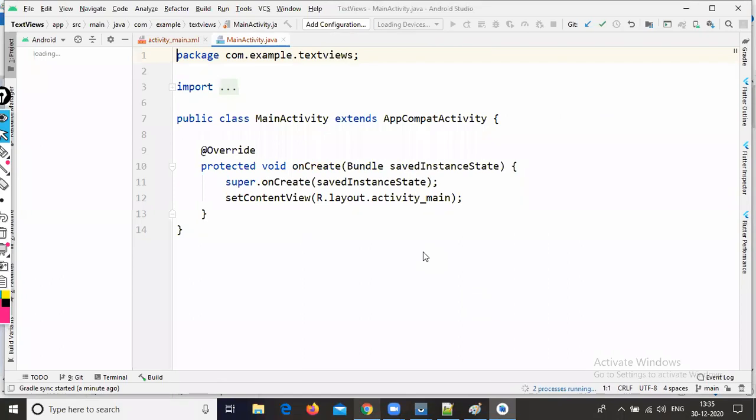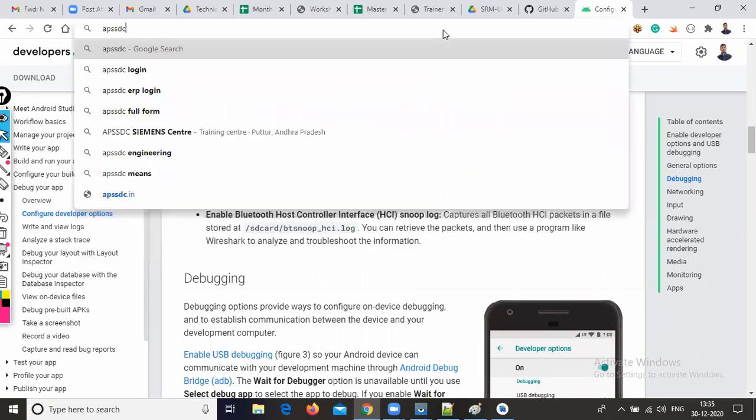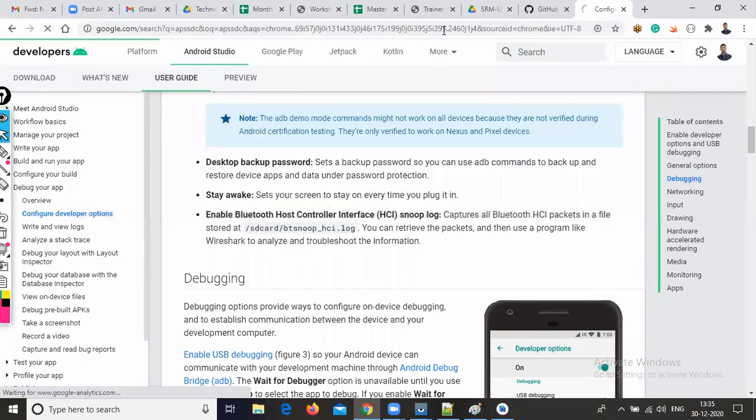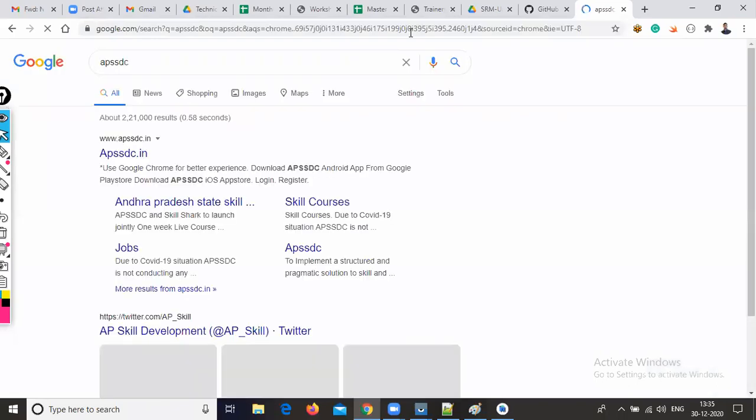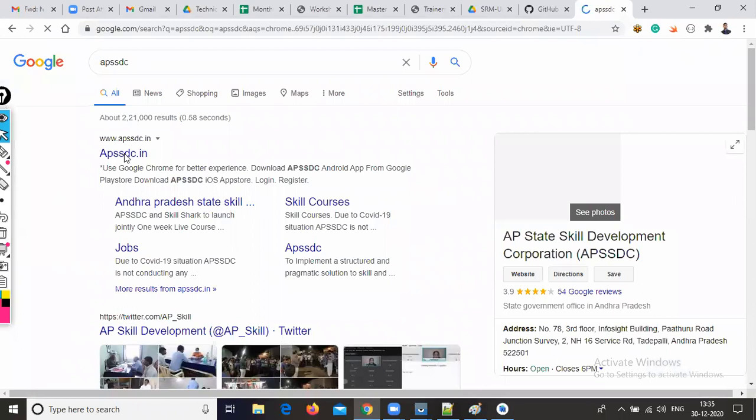Okay, so meanwhile you can open any website. I'm opening APSSDC, because I want to copy the text. This is the APSSDC official website.